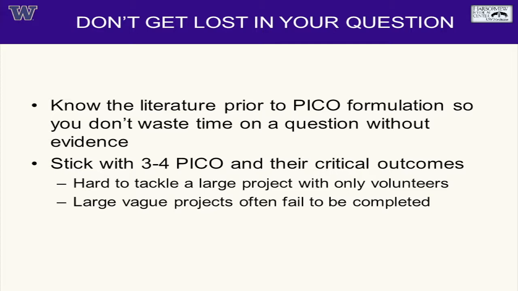3 to 4 PICO questions seems to work for us, for our volunteer-based group, and for the editorial board of the Journal of Trauma. When you have a big PMG with lots of questions, it becomes really large and vague, and the project will fail because there's a lack of direction. So narrowing the topic to 3 or 4 questions, I think, is the way to go. We have written PMGs within the last year where there's a single question, and I think that really helps people, especially if that single question has a lot of literature surrounding it, then by all means, let's just focus on that one question.